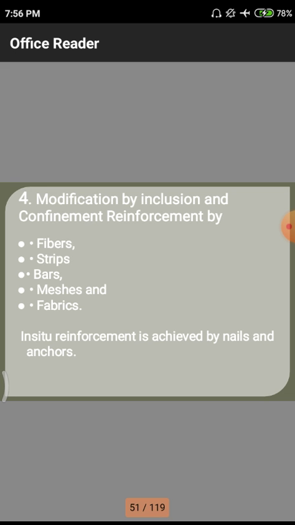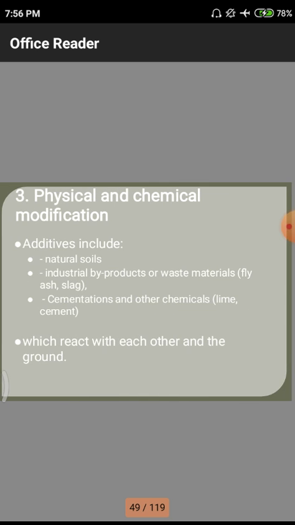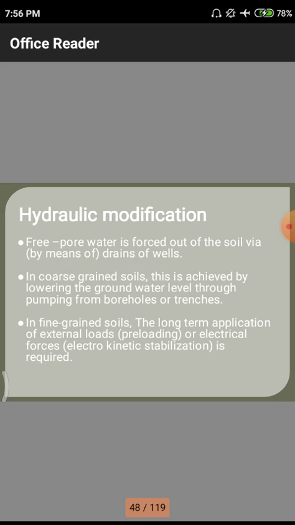After that, we have physical and chemical modifications, and we are also looking at hydraulic modification of soils. Particularly in hydraulic modification of soil, we mainly focus on dewatering of a particular area. In some cases, before constructing on a particular soil, we have to face some amount of water which will be stagnant on the site level,